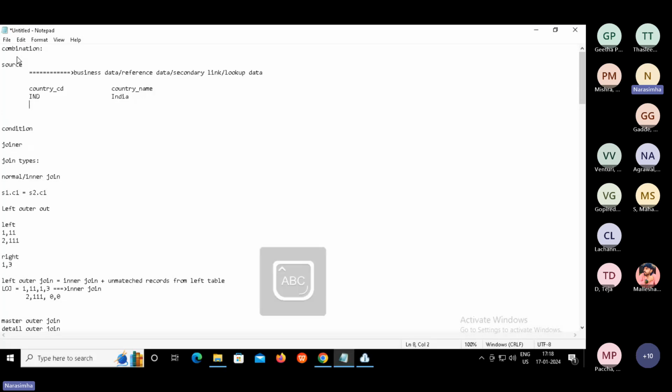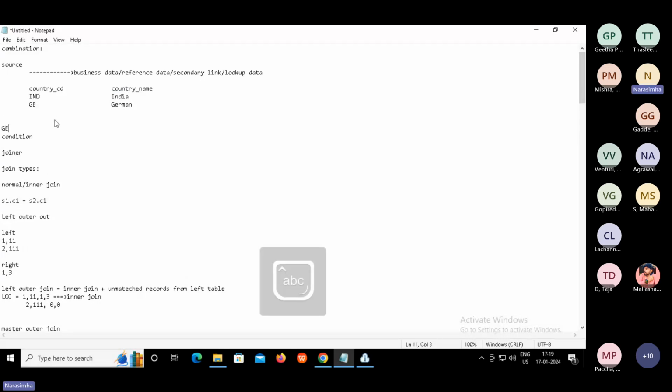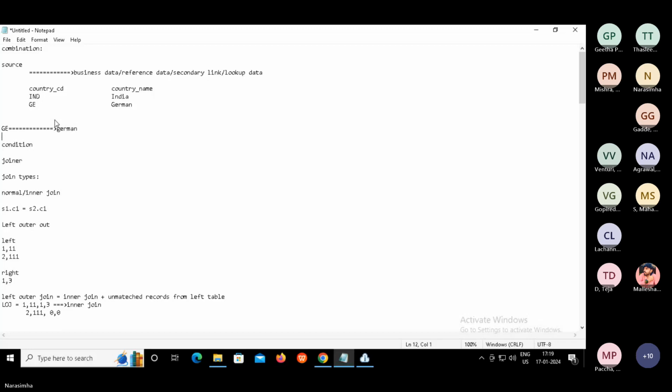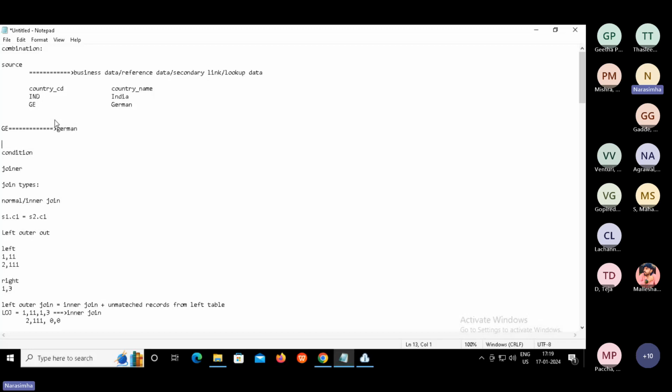Country code, let's say G, then German. Likewise, for every country code there is going to be a corresponding country name, which the lookup maintains. Now from source, you'll get only country code. So we need to get the country name from the lookup table. To do that, we can start thinking of using this particular lookup transformation.